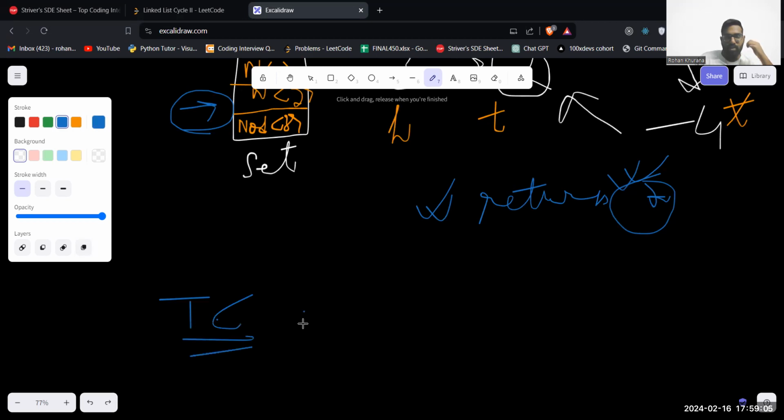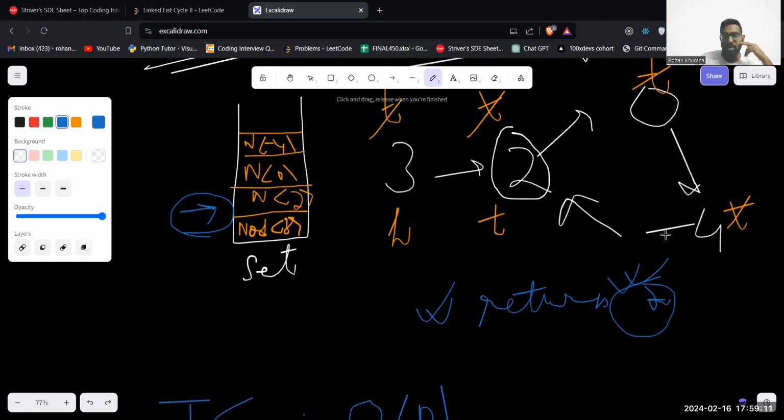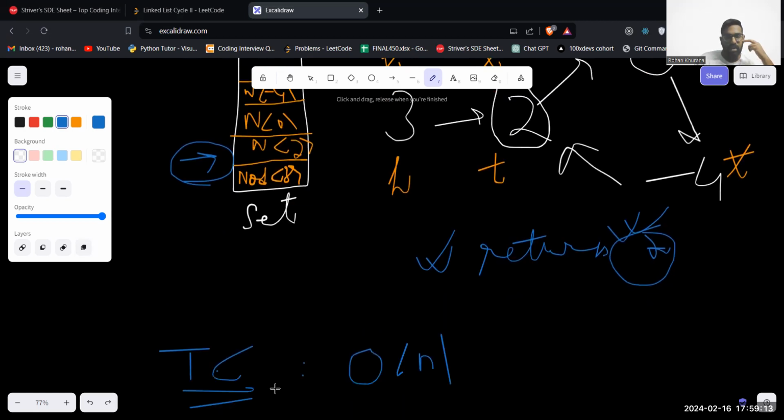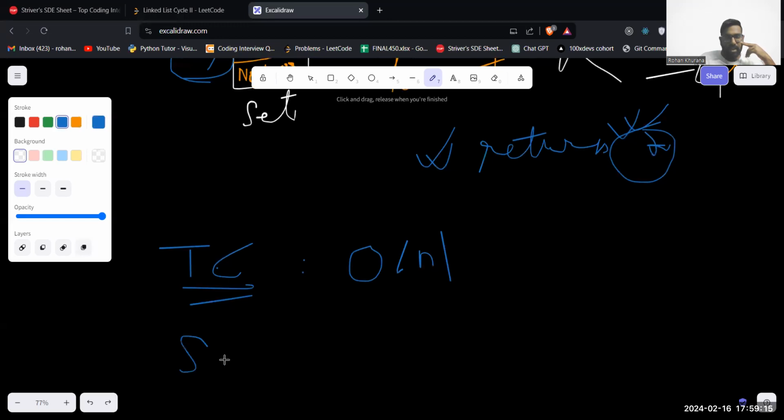Let's discuss that first. We traversed all the nodes, correct? We traversed all the nodes one time, right? Cool. Is there any extra time that we are taking apart from traversing all the things? No, we are not, right? Obviously,